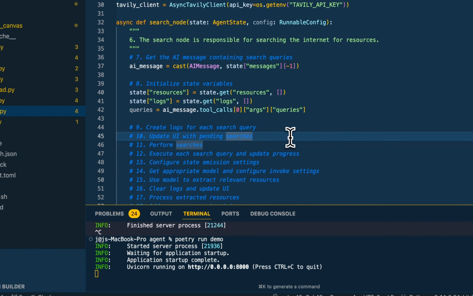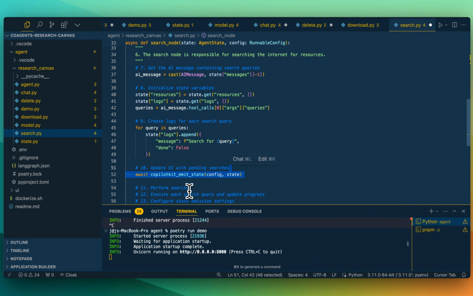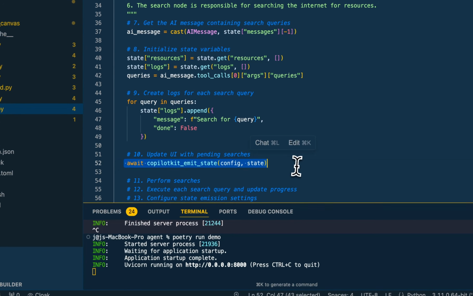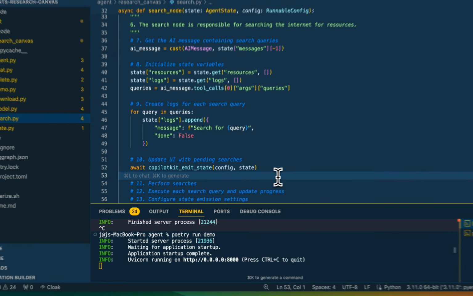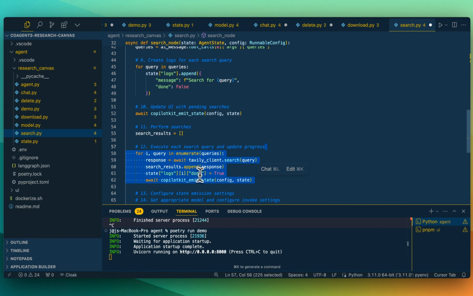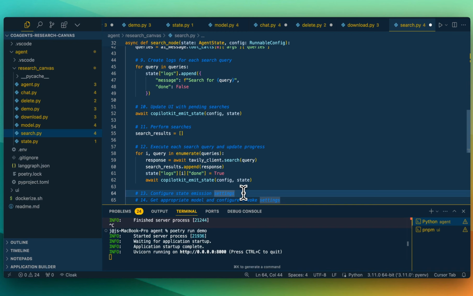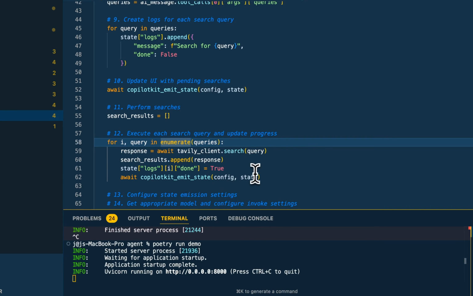We're going to set some of the state variables, and then create logs for each query. The way that this is set up is we are going to be making multiple requests to Tavily depending on the query. Within this as well, we also have an example of how we can emit that state on what gets sent back to the application. For the search results, we're going to organize them all within this array here. We're going to loop through the different queries, extract all those queries, and once we have a response back, we're just going to be appending all of those different responses within this array. Finally, once it's done, we're going to indicate that the logs are done